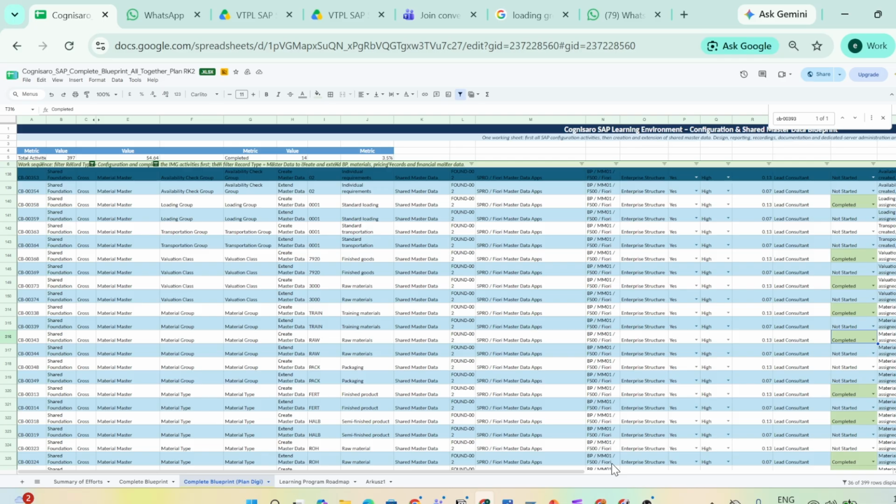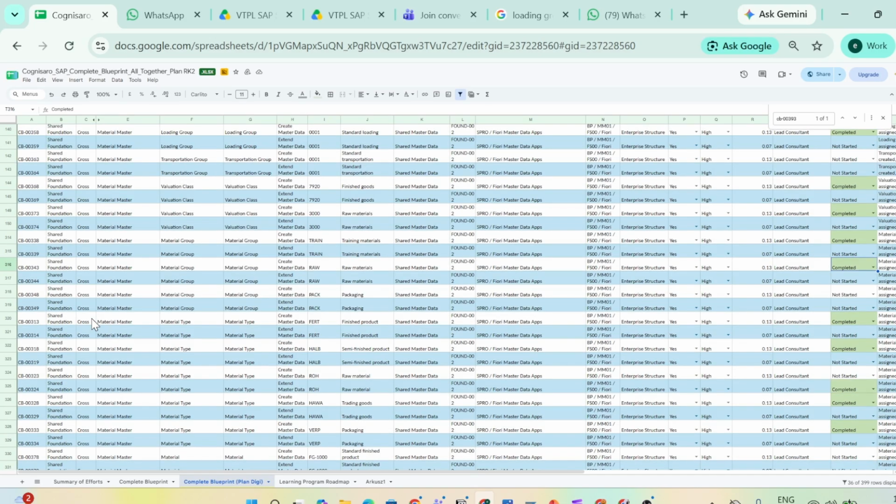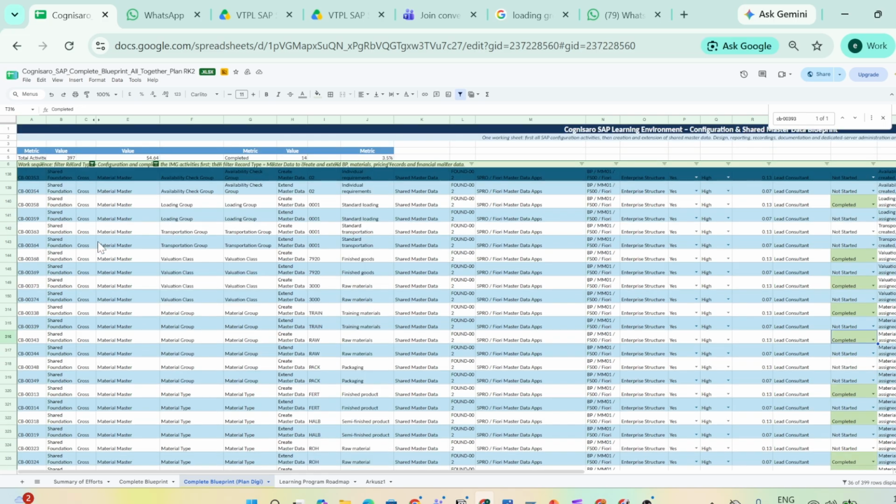Where is this requirement? Let me apply the filter for master data and for all weeks.